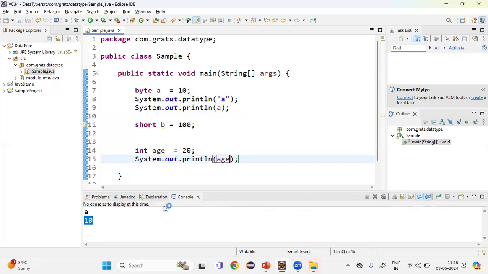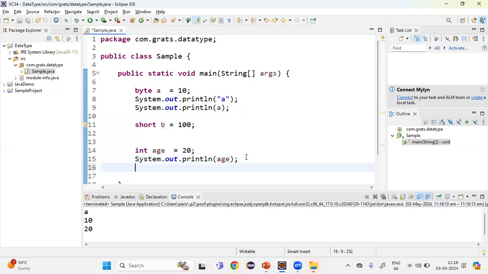I want you to observe. So we are going to get 20 as the value. So all three outputs are there. The next, is it possible to modify the age value? Yes. Then for that, can we use the data type once again? No, I'm using it intentionally. Let us check what's the error. So it is giving us some suggestions. Always Eclipse, or the compiler, will give us suggestions. What is the suggestion? Just place your cursor on this error mark and you can see duplicate local